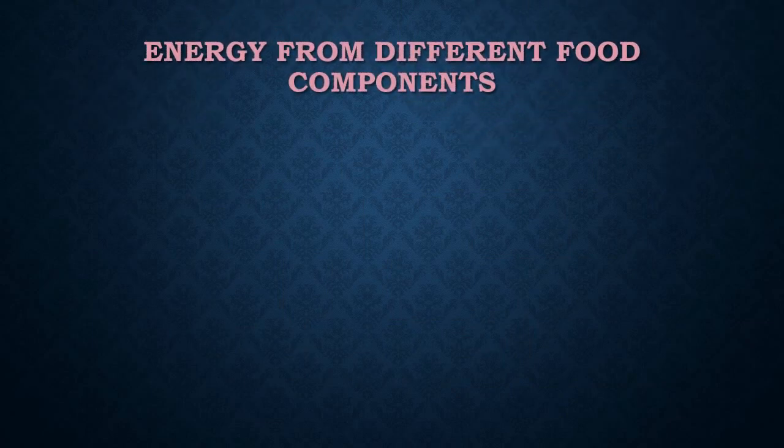In today's lecture, we will be learning how energy can be derived from different food components. We know how digestion takes place and how food is absorbed by the small intestine and transferred into blood; we get glucose, it is oxidized, all these things we know. There are other components from which energy can be obtained. This happens when we don't eat food. Suppose we are fasting, our body still functions. How do we get energy? We'll see one by one.